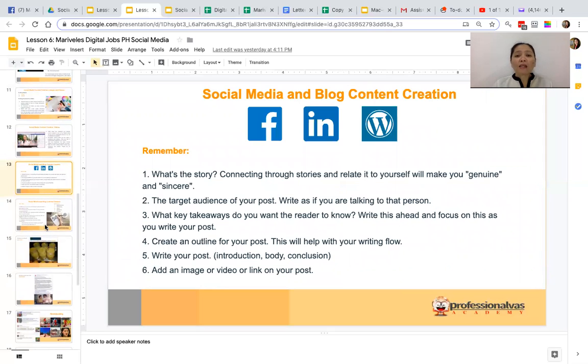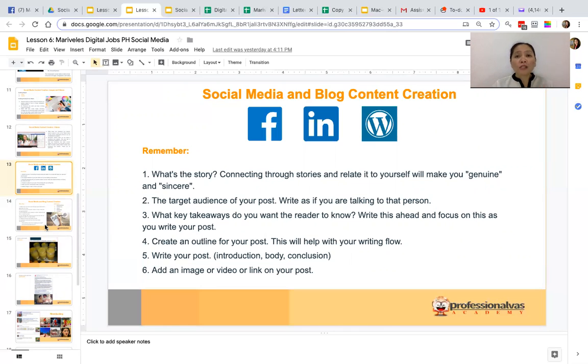So in creating blogs and social media content, it's all about making the audience interested in what you're telling them. Take advantage of the stories that you have. Take advantage of the stories of the company, the product, its history. For example, how the product came to be. Why were you able to think that product will sell? How did you come up with offering that particular service to the client?